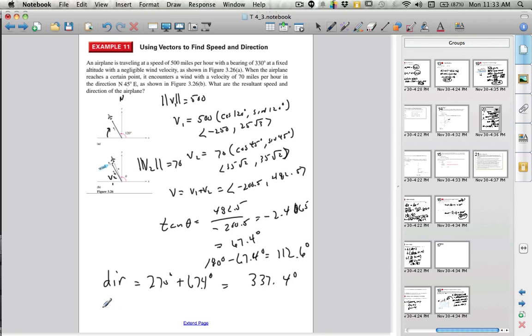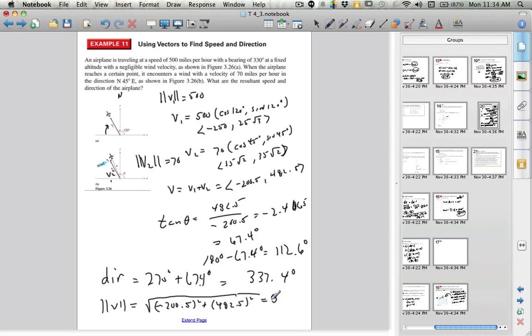And finally, if I want to find the resulting speed, it's going to be the magnitude of my new vector, right? So the magnitude of v, again, I'm going to use the distance formula. So it's going to be negative 200.5 squared plus 482.5 squared, and the square root of that, which is 522.5